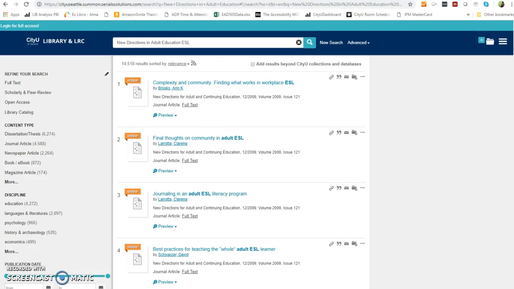Persistent links to full text of articles is more challenging than we at CityU would like it to be because each vendor and each product sets it up in a different way. So what I wanted to show you is that if you are searching in the CityU library catalog for resources and you find one that you want to use, when you click to go to the full text, which takes just a minute,